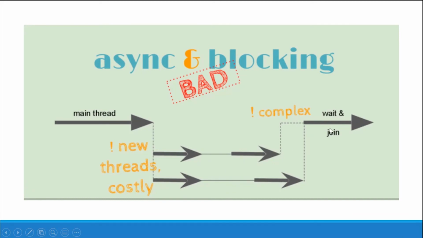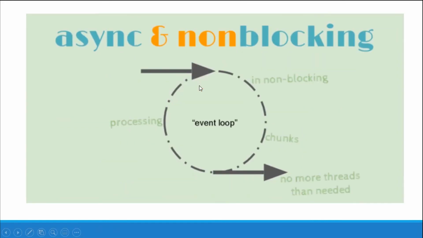We wait and join all the threads and return, but it's a bit complicated compared with the synchronous blocking method. And finally we can have asynchronous non-blocking. Here we have a thing called an event loop. One thread is running the loop, and when there's a request we create a worker thread and give it the non-blocking work to do. Once it returns, we can return the result to the consumer.